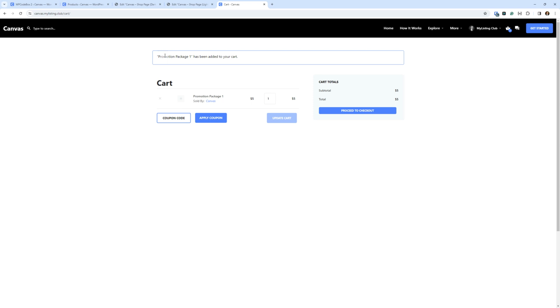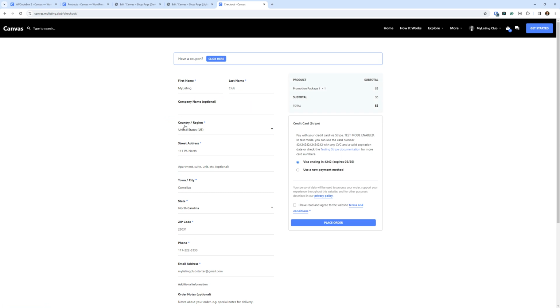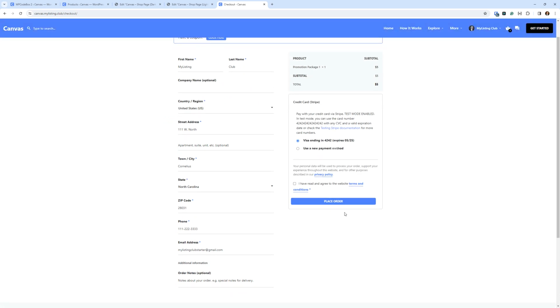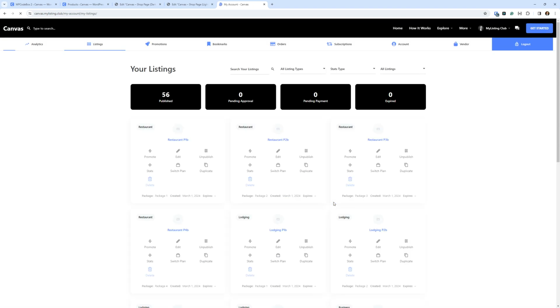Okay, so like I said, we've now got that promotion product in our cart. Let's go proceed to checkout. Okay, I've got my information in there. Just pretend I'm a customer and I'm agreeing to the terms. And now I'm going to check out. And once I check out here, it's going to dump me into my listings area of the My Listing dashboard. There we go. So now the idea is for them to take what they've purchased now and promote the desired